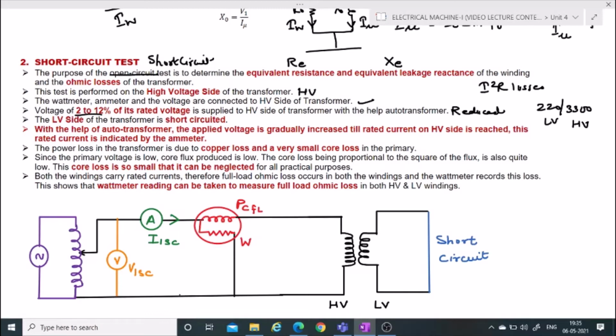हम voltmeter की तरफ नहीं देखेंगे, हम सीधा ammeter की तरफ देखेंगे और ये देखेंगे कि वो rated current flow कर रहा है कि नहीं कर रहा है। At the moment we reach the value of rated current, we stop increasing the voltage through auto transformer. जैसे ही हमारी वैल्यू एमीटर में रेटेड करंट शो करेगा वैसे ही हम रुक जाएंगे और वोल्टेज को और इंक्रीज नहीं करेंगे, ठीक है, ये बहुत मेजर डिफरेंस है बिटवीन ओपन सर्किट एंड शॉर्ट सर्किट टेस्ट।